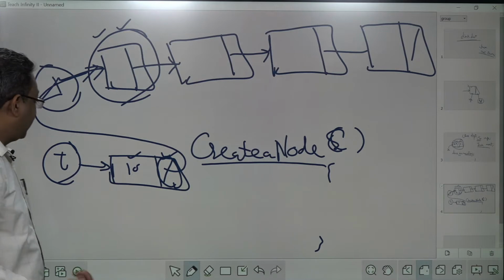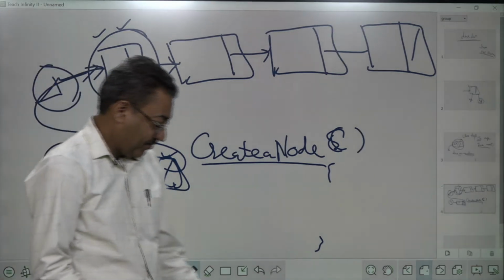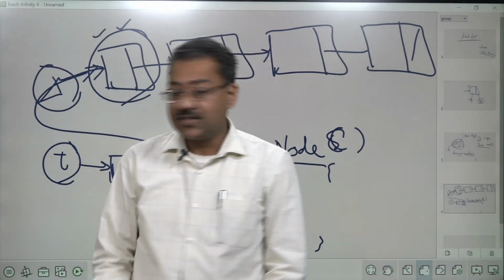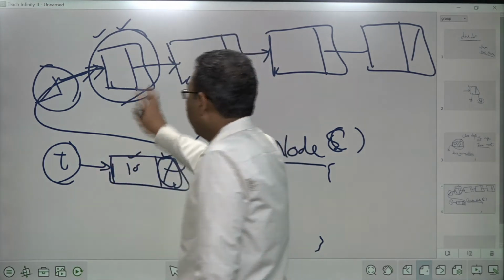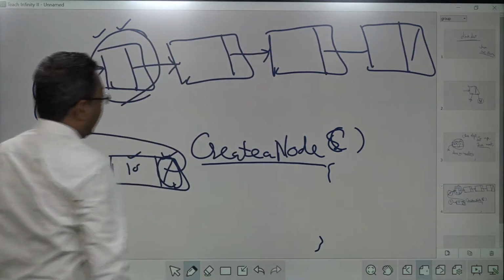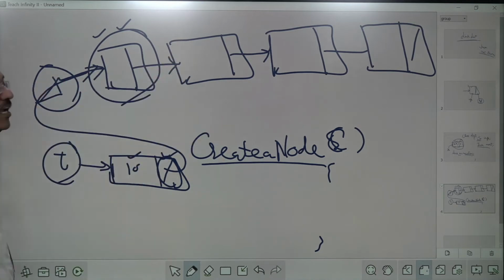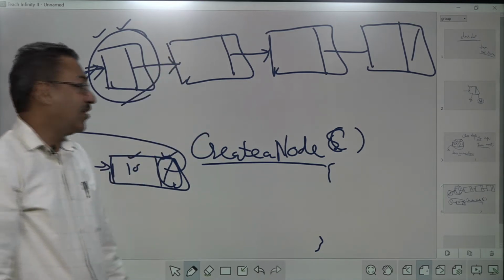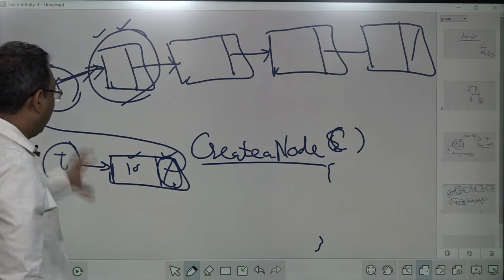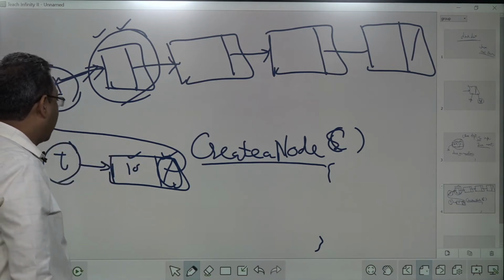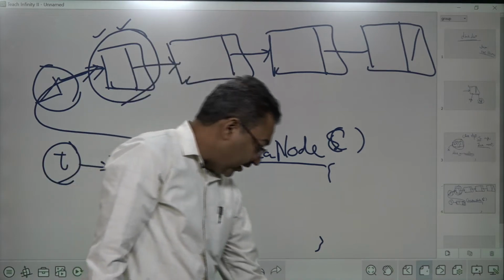So, whenever I am saying insertion at the beginning, the way is, first step is create a new node, then insert it at the beginning. It is immaterial how many elements are there, how many nodes are there in the existing or pre-existing linked list. You have to just insert it at the beginning. Let's see how it is implemented in Java.